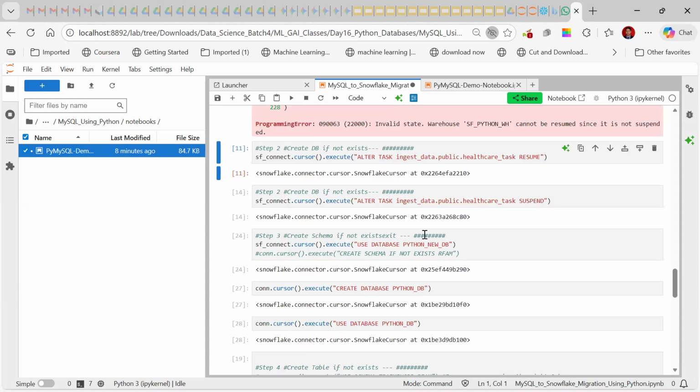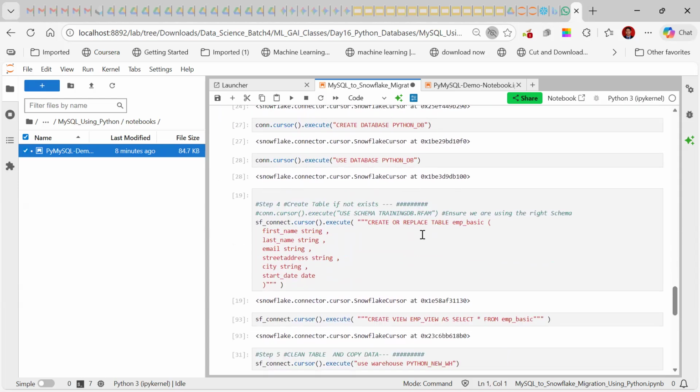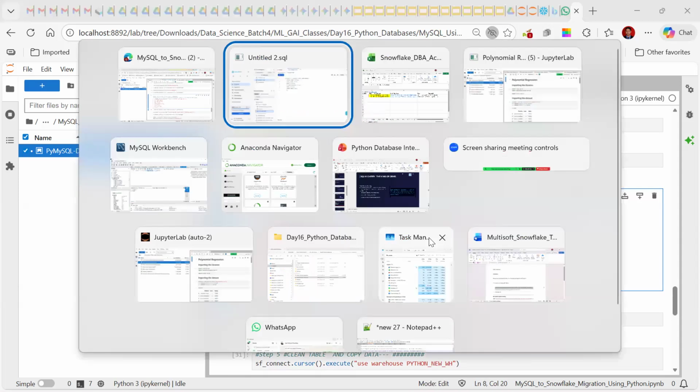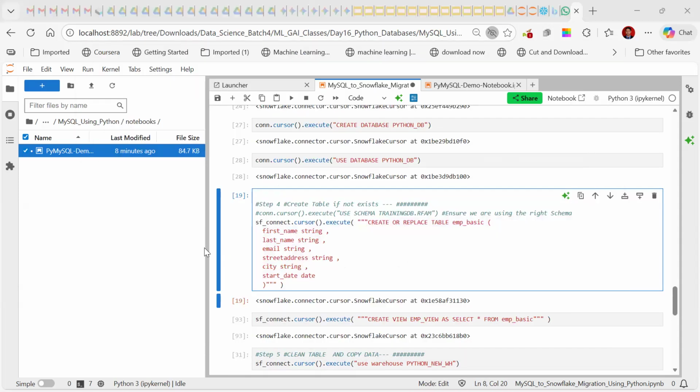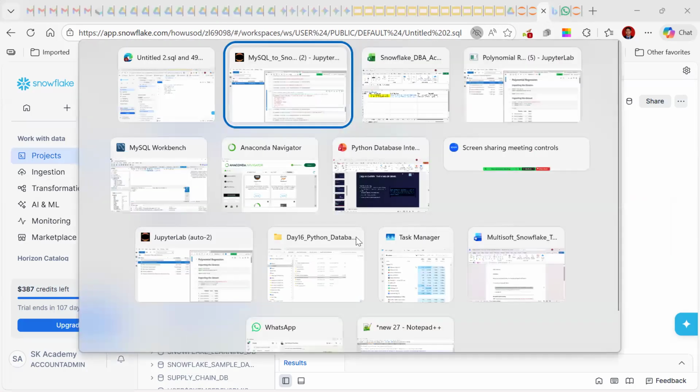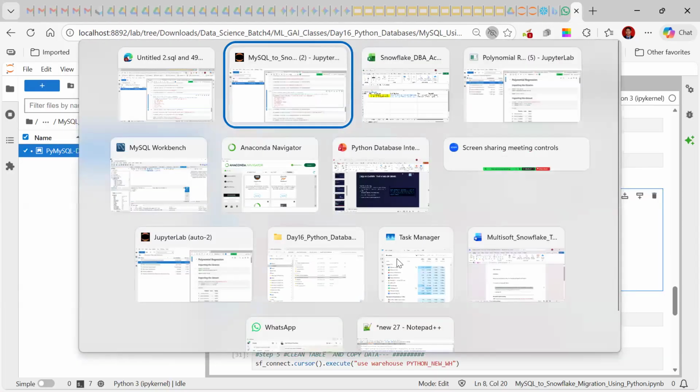Now I will try to create a table. I'm creating a table with the name EMP basic, with some set of columns here. Can you see that? So this is going to create a table in my Python dev schema. In the Python dev schema, if you observe, there are no tables, correct? No objects found here, correct? Yes. So now I go and run the command, and it should create a table with the name emp basic